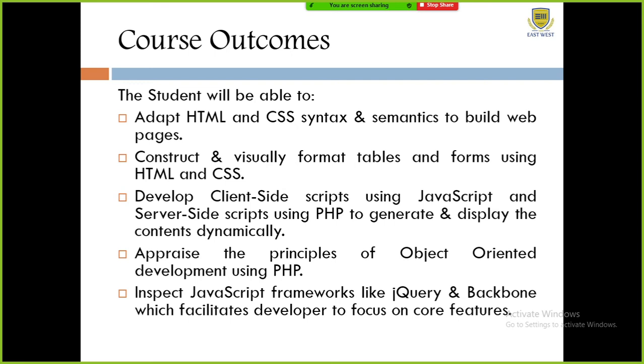To design your own code you need to understand the very basic things, like how to design, how these tags can be written, and how this will help me visualize the content in a very effective way on the website or web page. That is what we are understanding in the course objectives, which will make the student learn the things, and finally these course outcomes can be achievable at the end of the day.